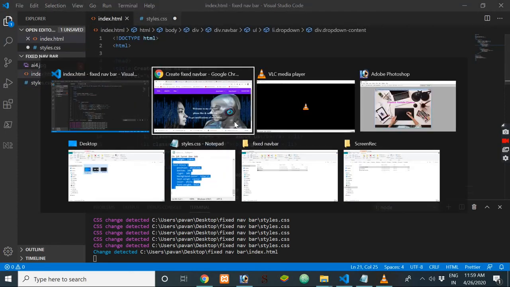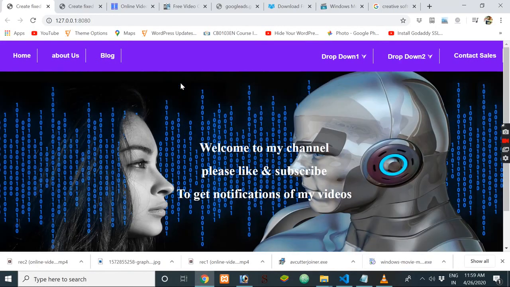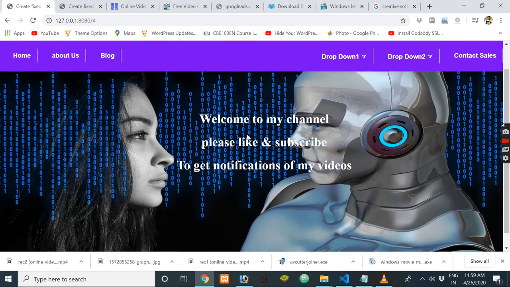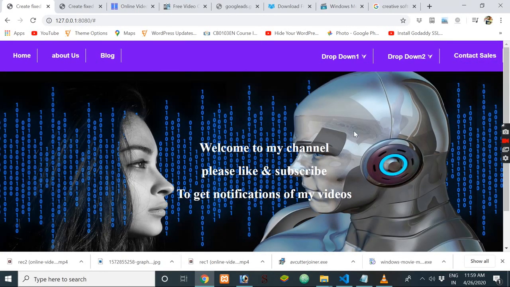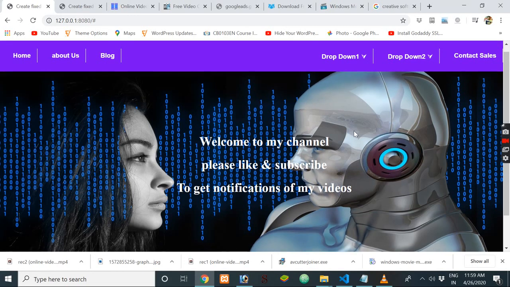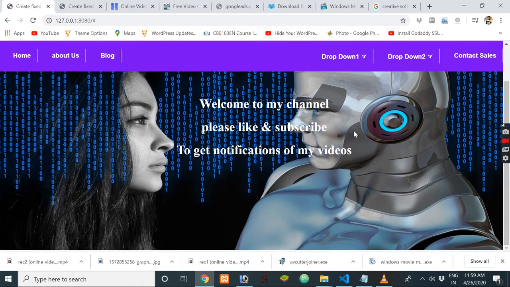so that now you will get the output like home, about us, hover applying, next blog, drop down one, it is aligned to the left side, drop down to align to the left side, content cells, contact cells, that one, and this is the image, and here the header is fixed, where I am moving the image and the below content moves, but the header will be fixed,